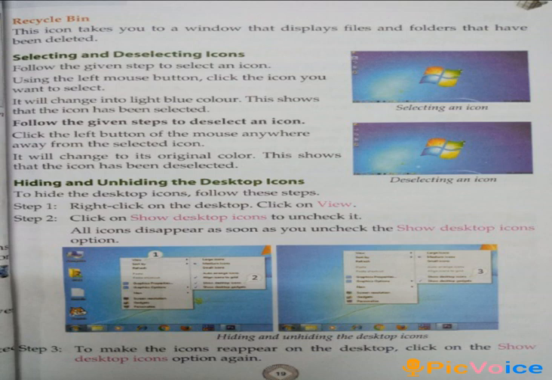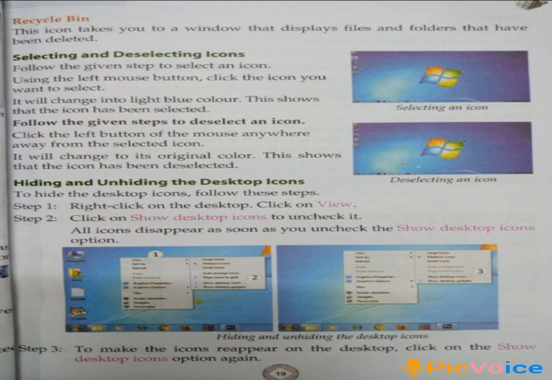Then hiding and unhiding icon. How to hide and how to unhide the icons. To hide an icon, we should follow the following steps. Step 1, right click on the desktop and left click on view.